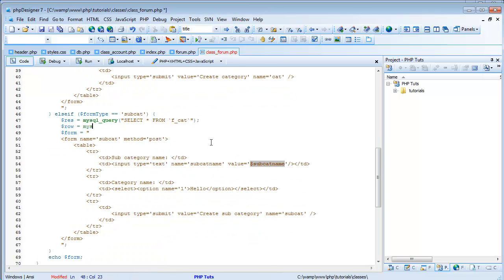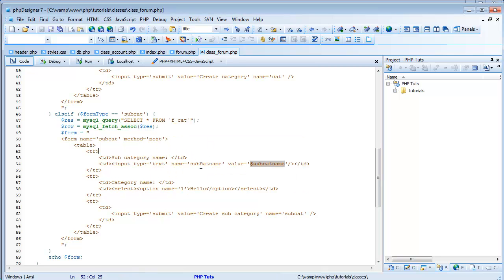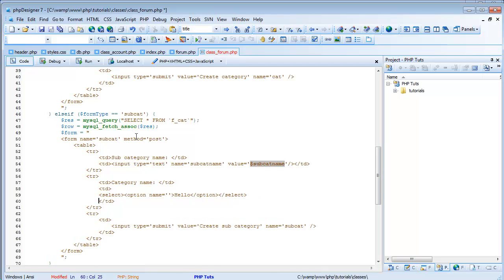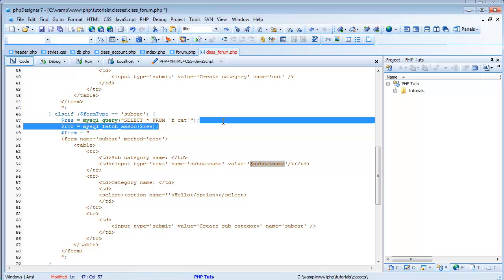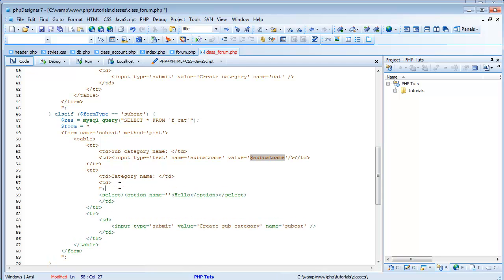So I'm going to do row equals MySQL fetch assoc res, and where we have option name equals 1, we're actually going to get rid of this, and we're going to come here. I'm going to add an enter because we're going to be doing a while. So actually we can delete row equals MySQL fetch assoc because that's going to be in the while. Second time I've done that. But so I'm going to end the echo,